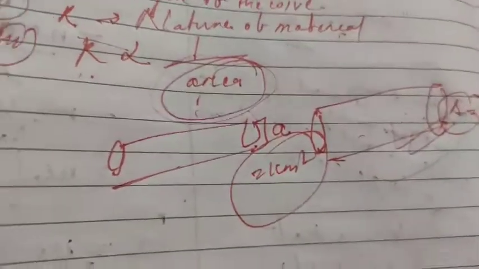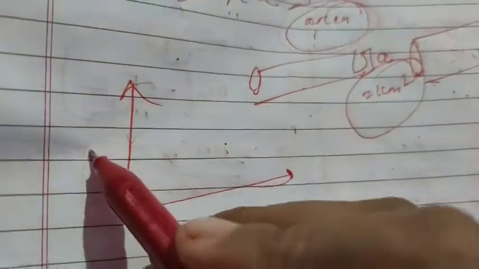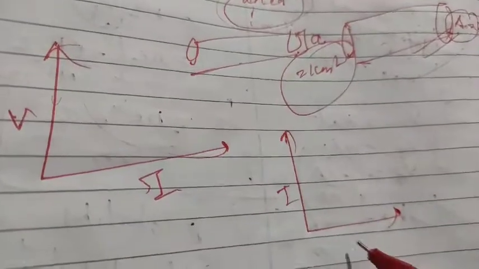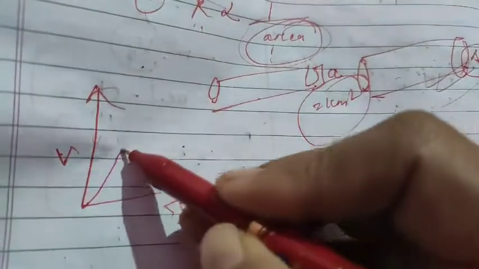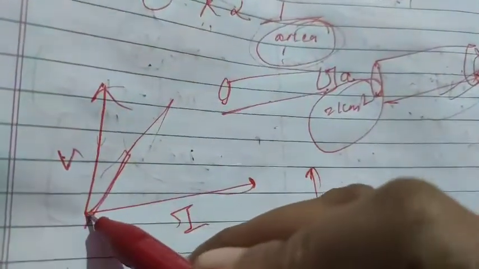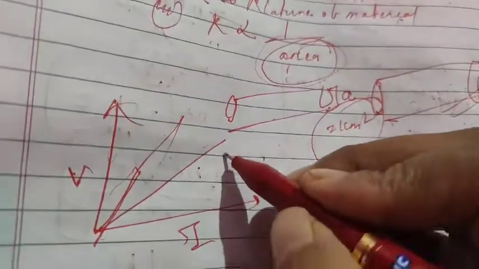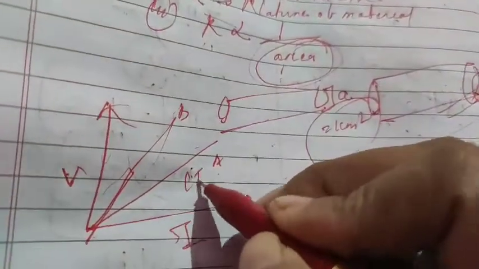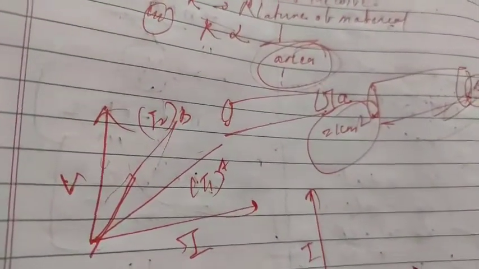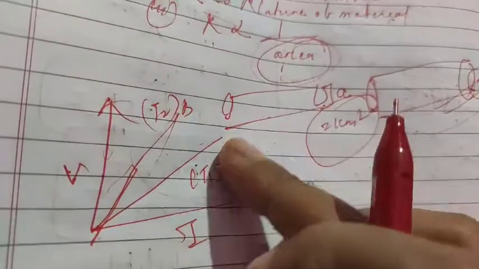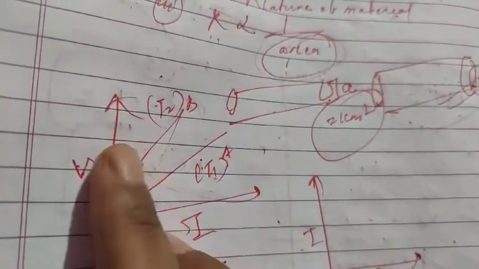Okay, now we will move to the graph, student. Let us check out the graph which follows Ohm's law. Two graphs I will show you, student. One is V versus I and another is I versus V. Clear? So suppose this is V versus I. Here I have given you two substances like this. It should be very straight. And this is one straight line. Suppose this is A, this is B. This wire is at temperature T1 and this is at temperature T2. Clear to you? So two slopes you can see. This is a lower one and this is steeper, meaning this is nearer to V.